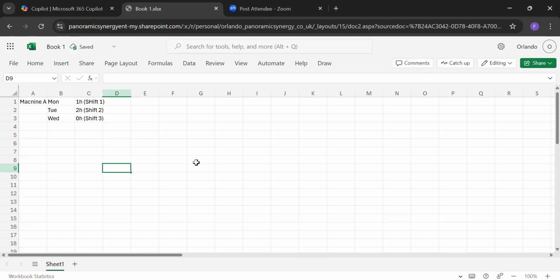So Microsoft Copilot has an inbuilt system. It comes at a subscription, so for those who may want to use Copilot, you may have to pay a little bit for that subscription.